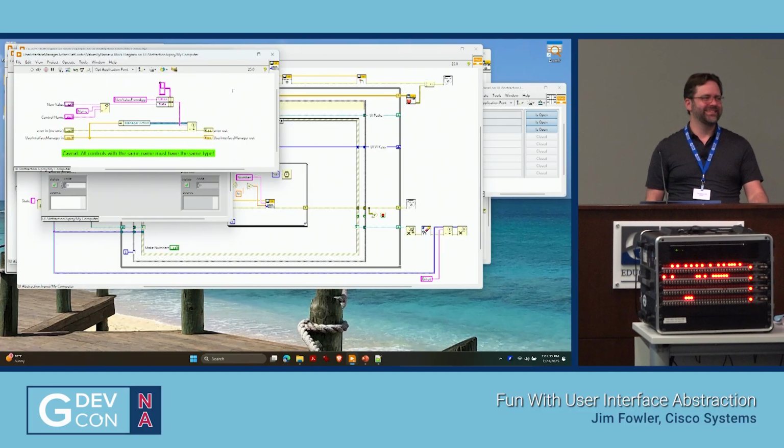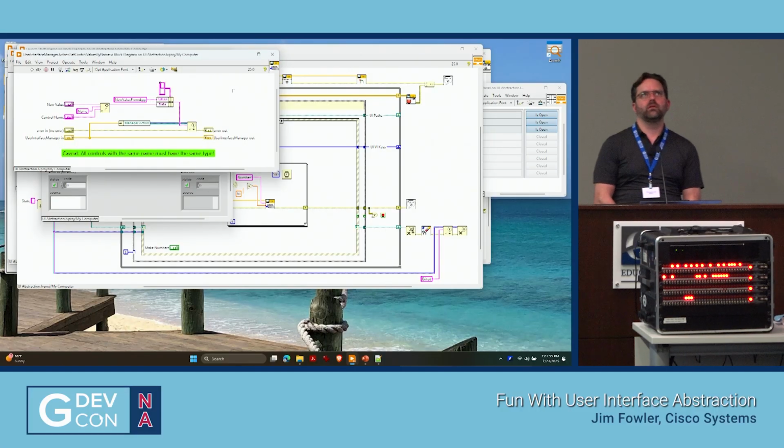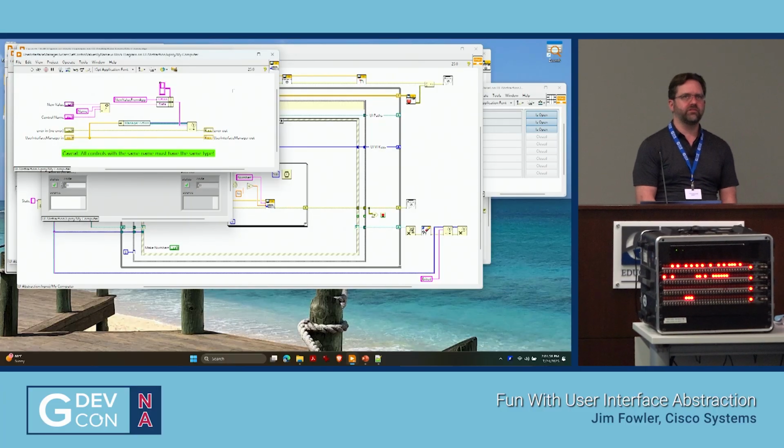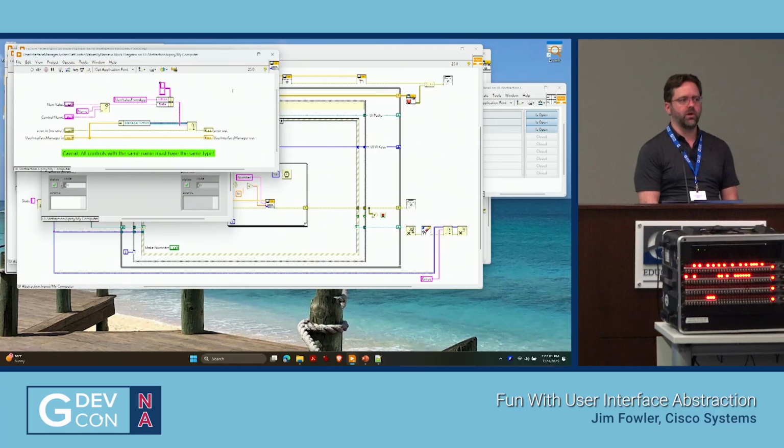So if you're using this in an application where data is getting generated from a bunch of different places, and going to multiple user interfaces, how would you typically set up the connections between this piece of data and this control index or control name? Because there could be a big set of that. Yeah, you'd want to manage that in your application. This is really just the mechanism to service events from the user interface and also update the user interface. Certainly, you would want to have some organization, like this tag does this or that, but that's really beyond the scope of what this does. You could build that into it. I haven't made one that does exactly that, but I've done some other ones that are more advanced.